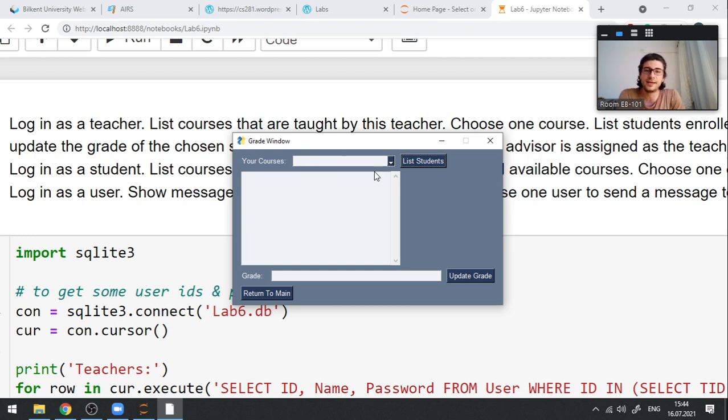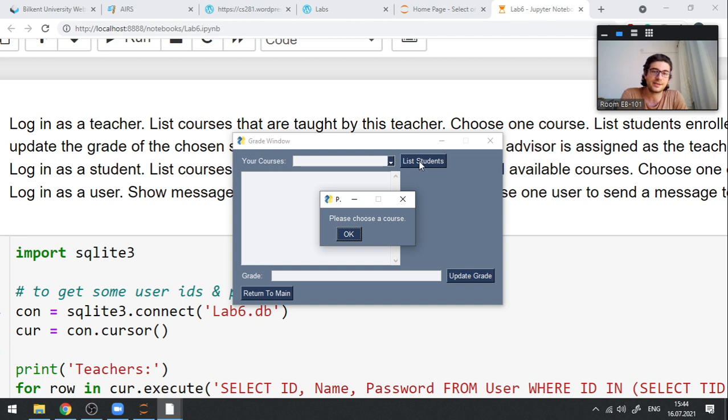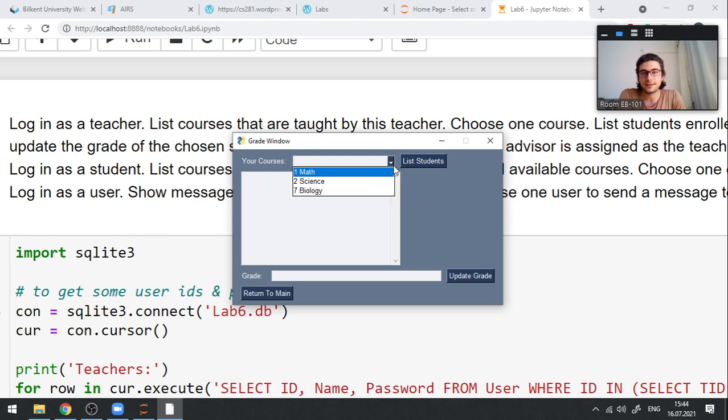In here we have a combo, and within this combo we only display the courses that are taught by Josh. So Josh was teaching math, science, and biology, for example. If nothing is selected and I click on list students, it is going to give an error message. It's going to say please choose a course. So if I go and click on my courses, for example, if I choose math,